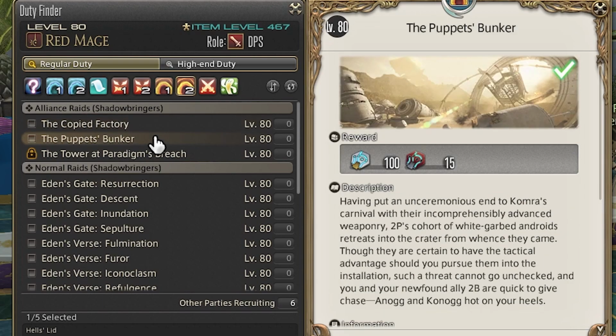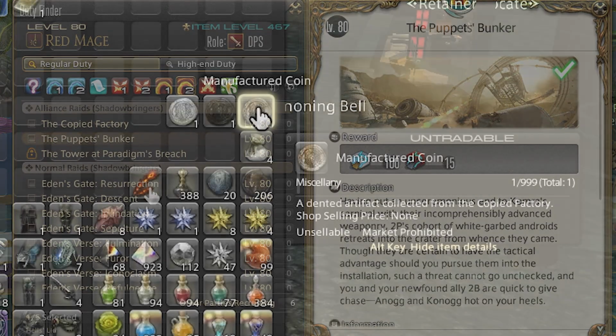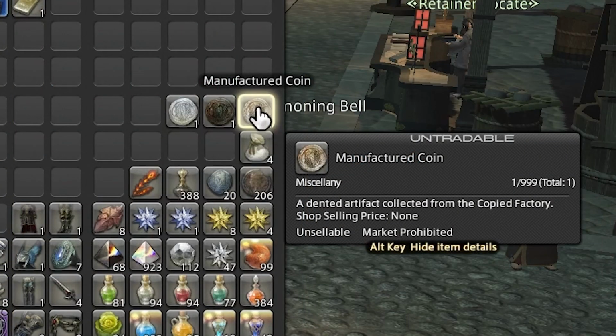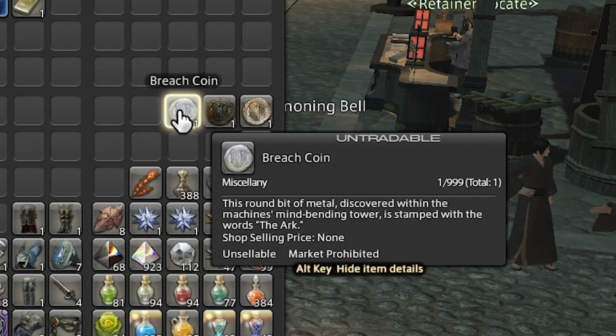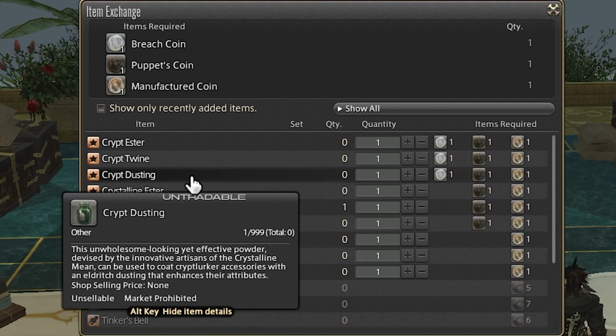These are the NieR crossover raids, and if you don't have these unlocked, there's a link below in the description to the starting quest. When you complete the Copied Factory Alliance raid, you will get a Manufactured coin. Completing the Puppets' Bunker Alliance raid gets you a Puppets coin, and finally the tower at Paradigm's Breach gets you a Breach coin. As of patch 5.59, you can do these as much as you want and get all of